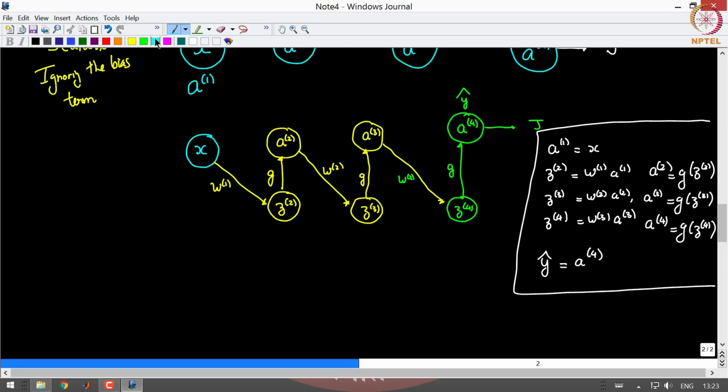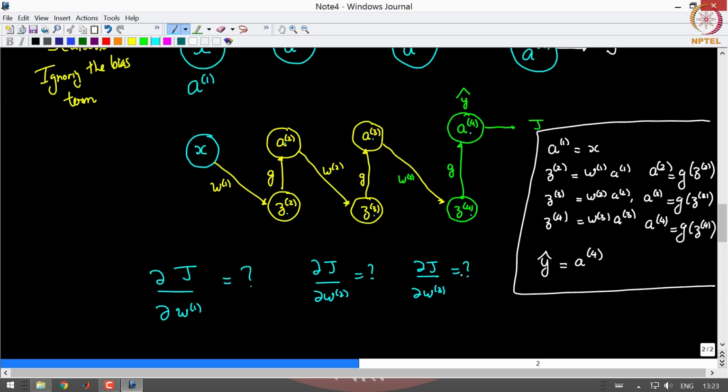Finally, what we want to find out is J, how much does J change due to a change in W1. Okay. You will notice what will happen the moment W1 is changed, Z2 is changed, A2 is changed, Z3 is changed, A3 is changed, Z4 is changed, A4. So, it is a cascading set of problems. Okay. So, if you have del J del W1, what is this? If I have del J del W2, what is this? Similarly, del J del W3, what is this? Okay. So, these are the questions that we need to answer.